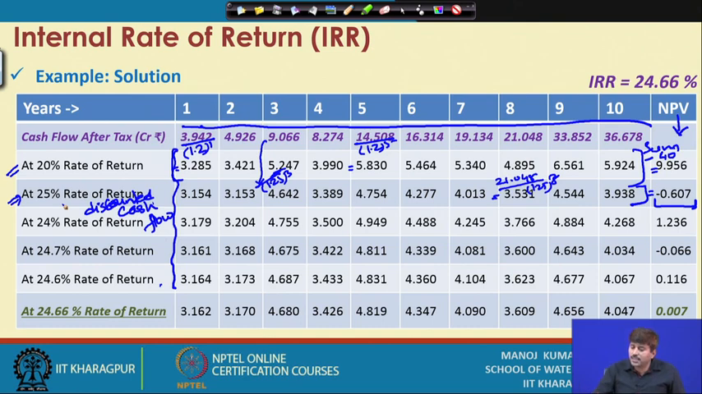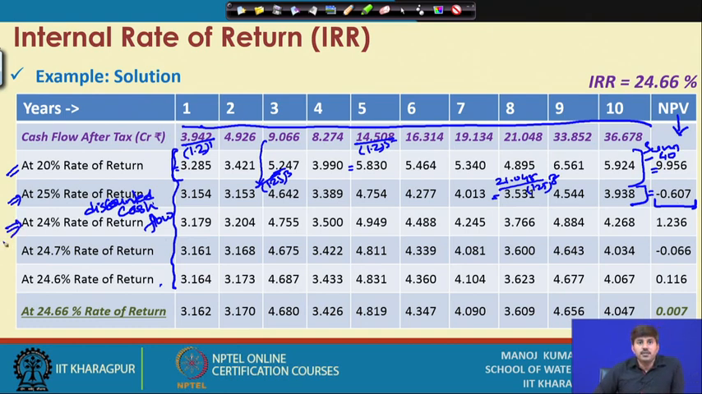Now, it is just slightly negative. So, it is going to be close to 25% only, not anywhere near 20%, because that is still giving close to 10 crores of net present value, which is a huge number, compared to 25%, which is just minus 0.6. So, very close over there. Since it is close, let us try at